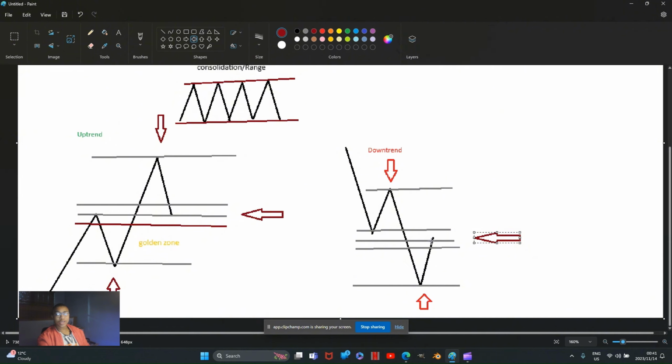Of course, you don't just trade this alone. You trade this with a bunch of other things. Like, for example, you trade this with structure, market structure. You also trade it with price action. But more on that in a later video. In today's video, let's just focus on understanding